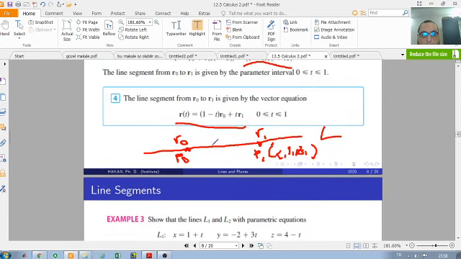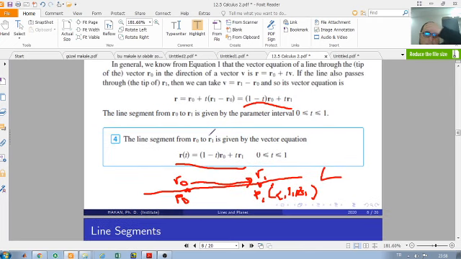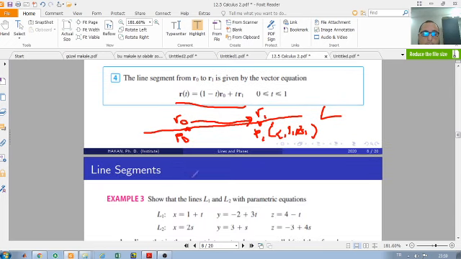So we can find a vector on the line by using the terminal points of the position vectors r0 and r1, by taking the difference of these points, we get a vector,